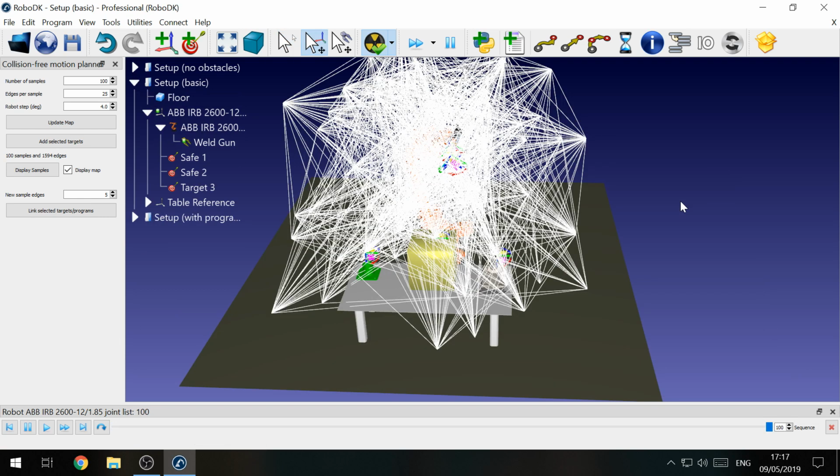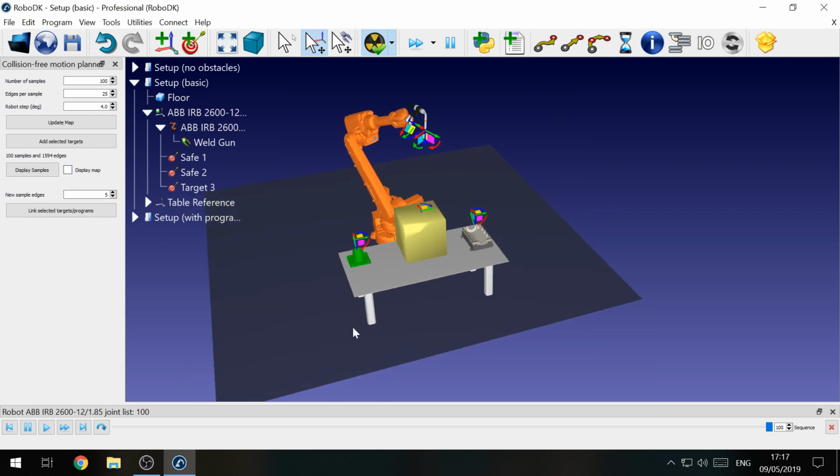So now we can see that the motion planner has generated a road map with 100 points in it. And you can see down here in the panel, it says 100 samples, and there are 1,594 edges connecting those samples. And if I turn off the map, we can now see what it looks like when we link 2 of those targets together. So let's use those safe 1 and safe 2, the offsets that we've been using so